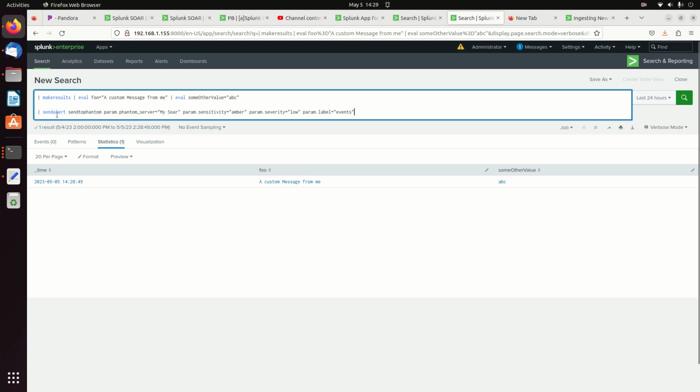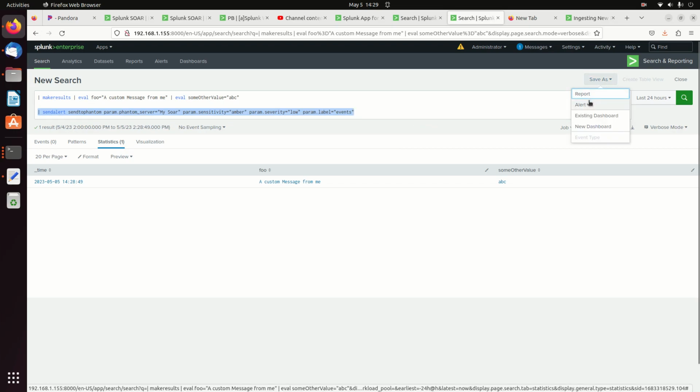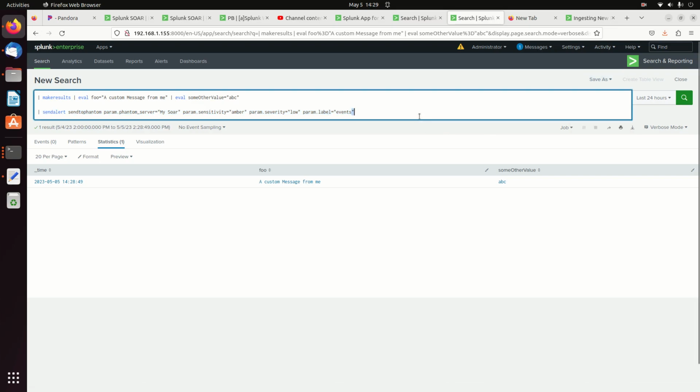And now there's a custom command here that we can use. I like this because it allows me to control my code. You can do other ways. You can save searches. If I save as, I can make it an alert, and one of the options is to send it to Phantom, SOAR. But I'm going to show you the code that goes behind it so you can control it at any time you want. The principle is you pipe, send alert, send to Phantom. This is always the same code every time. And actually, so is this. The next command is